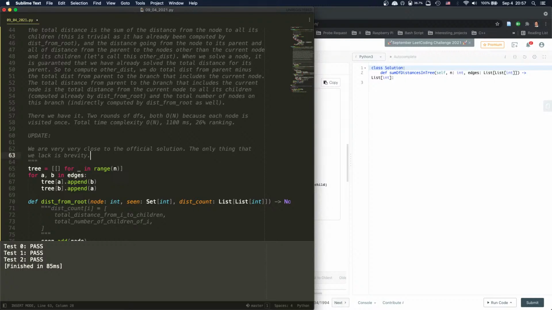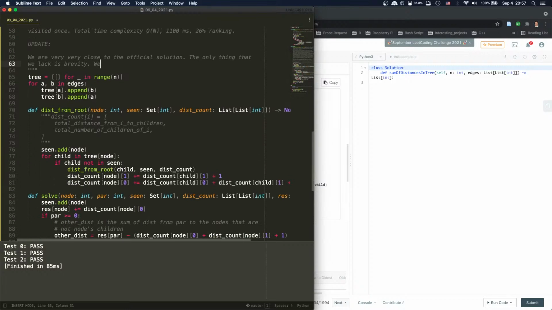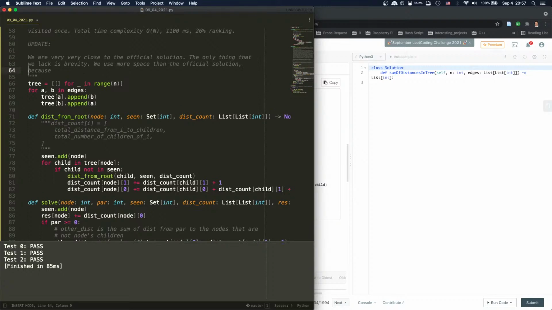It's brevity. We use more space than the official solution, and we use more space because we failed to see that